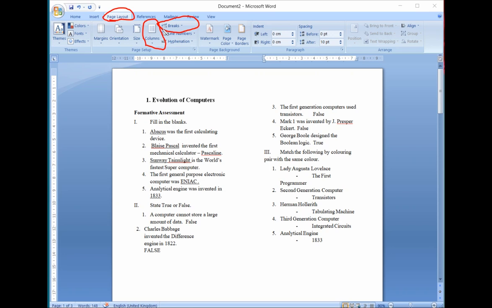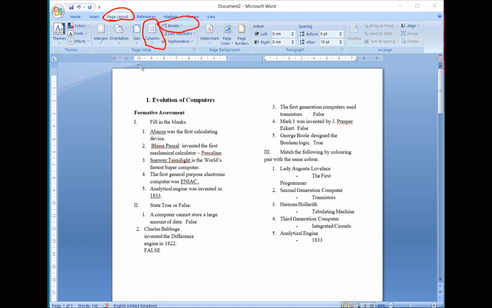Now if you have already added columns to your Word document, then you might have noticed that some of the columns are not as balanced as you would like. So one way to solve this problem is to add a column break. It will force the end of the column and move that text to the beginning of a new column. Now for adding a column break, place the cursor before the text where you want to insert the column break.